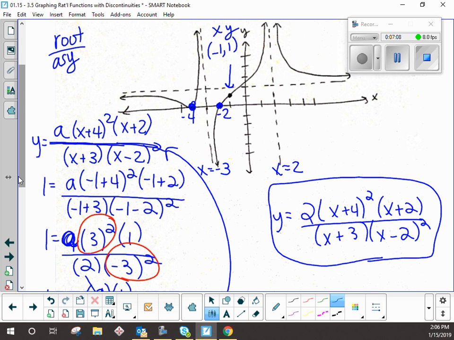However, I want to caution you not to skip the algebra, because most of the time, the horizontal asymptote is your a value on a balanced equation, but not every time. So still do the algebra. You can use the picture as a self-check of your algebra. If you didn't get 2 and the horizontal asymptote was 2, that's your first sign, oh, maybe my math is wrong. But I still want to encourage you to do the math,